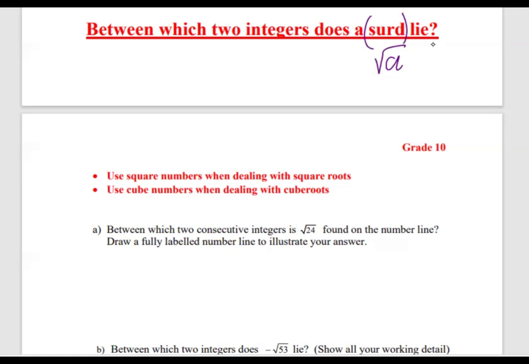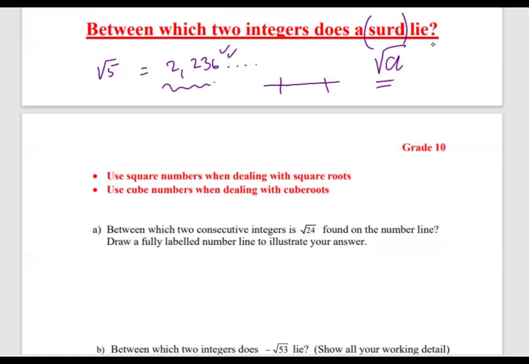Okay. Now, between which two integers do we get the answers? So these surds are usually approximations of answers. An example, when you talk about the square root of 5, okay? So we know that the square root of 5 is something like 2.236, and so on and so forth, okay? Now they want us to find between which two consecutive integers. Remember, integers are basically numbers that we find on a number line, okay? Between which two numbers do we find this